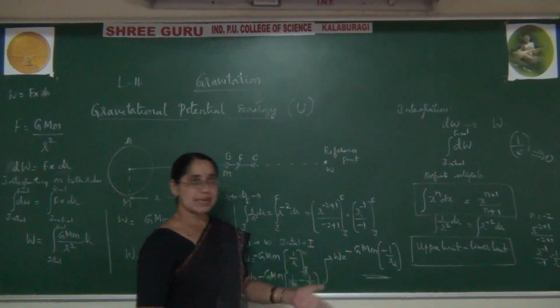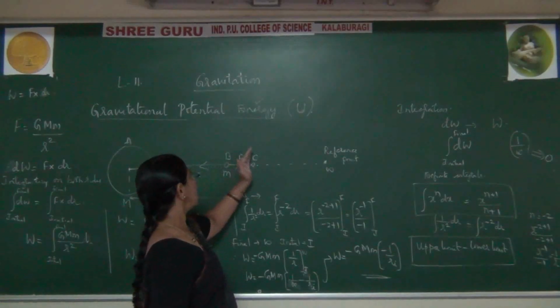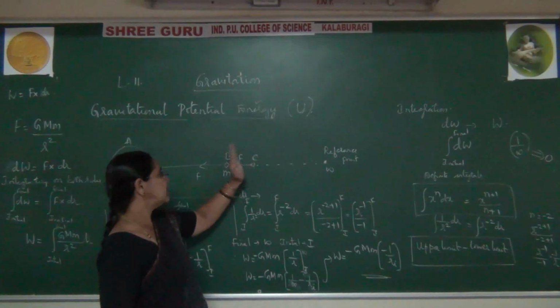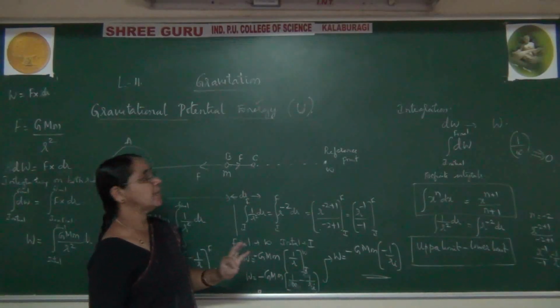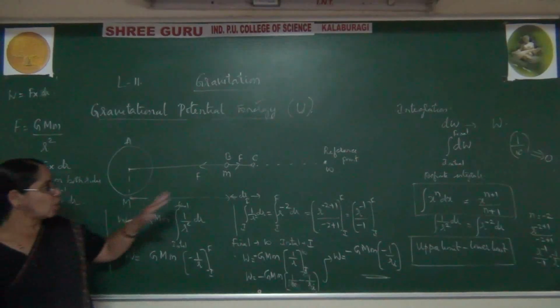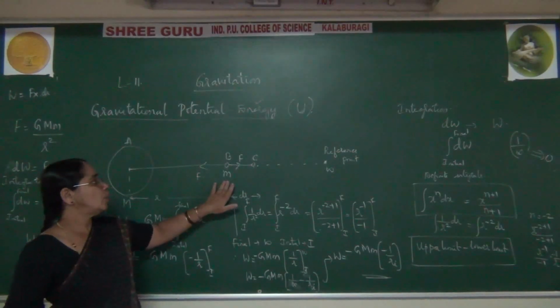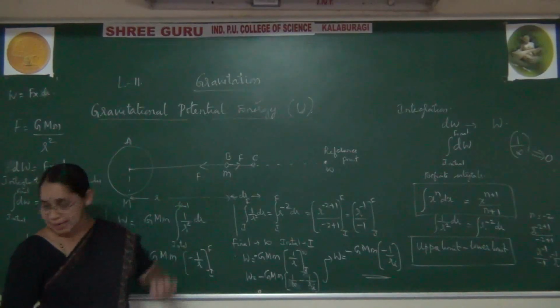But now one more step I want to say here. When you push this object to some distance, you are doing some work. But this work is done with constant velocity, without the help of kinetic energy. At that time we have one concept where work done is equal to the difference in potential energy. I will just rub the board and write it.